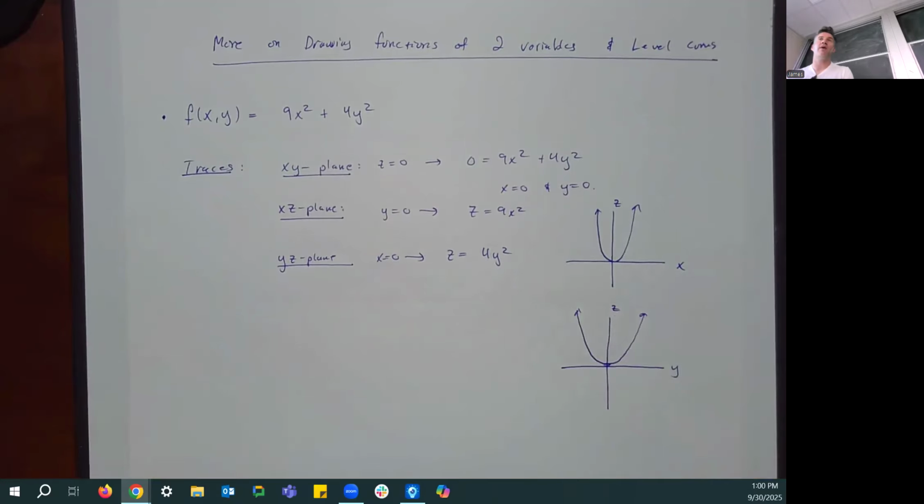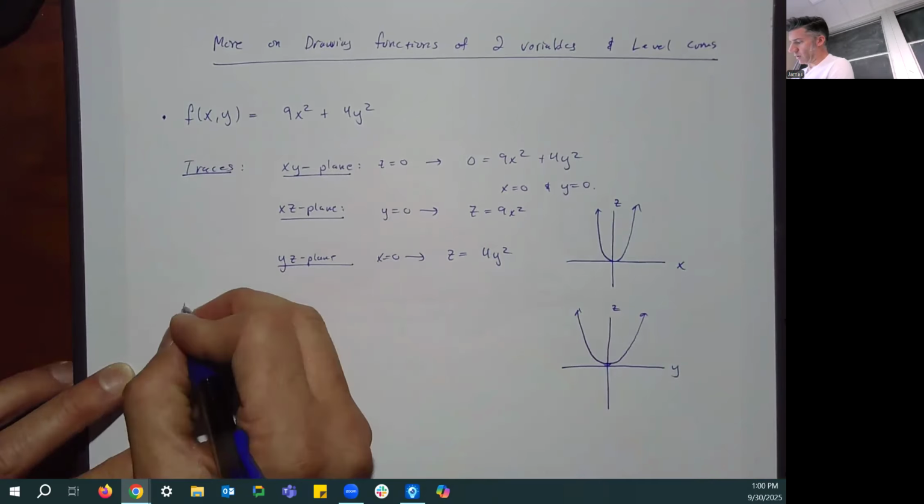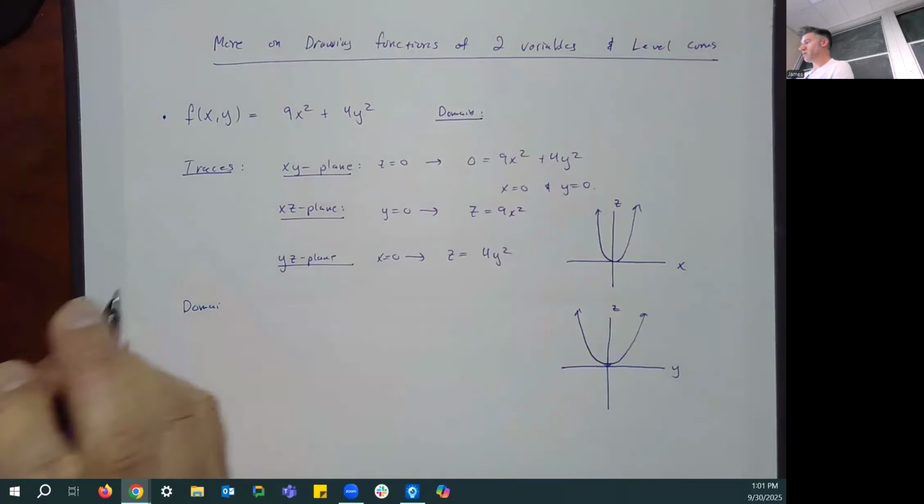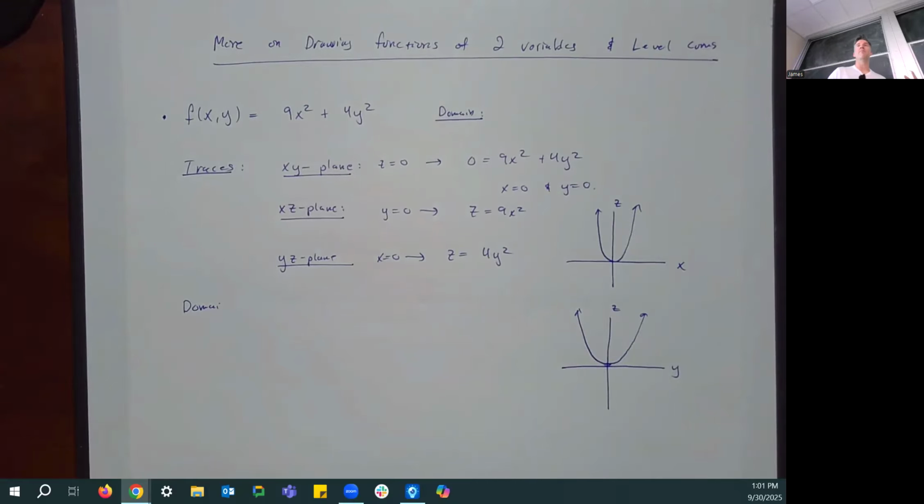And then before we go on and try to put it all together, I do think it's worthwhile to find some level curves. Actually, I should back up a second. Before we talk about the level curves, we should talk about the domain and the range. So looking at this function, let's write the domain up here. When we talk about domain, even though it's a function of two variables, we're still thinking back to our 17a kind of restrictions. So I'm looking for a square root, a logarithm, or a division by 0. I see none of those things here, meaning my domain is,